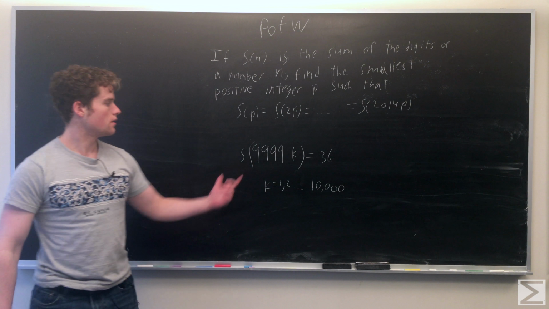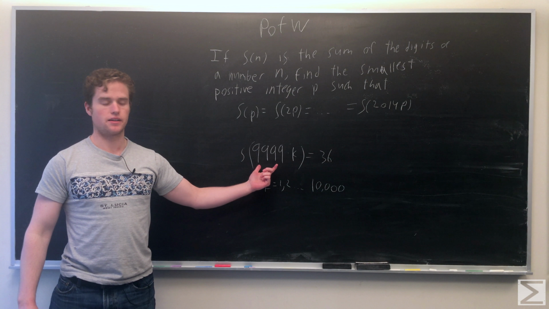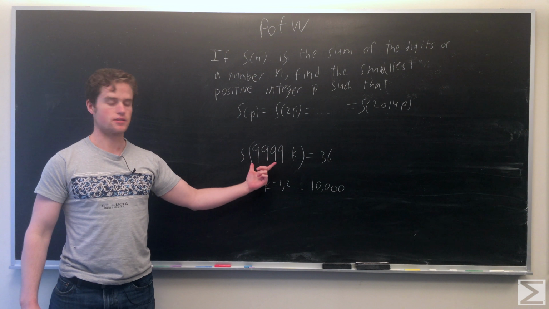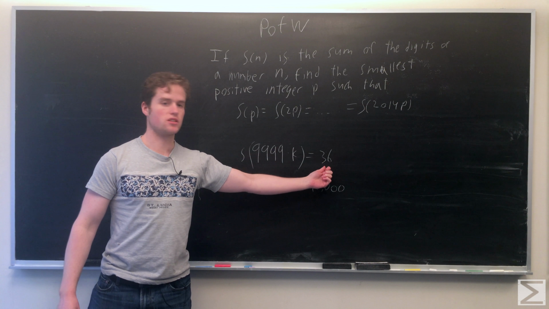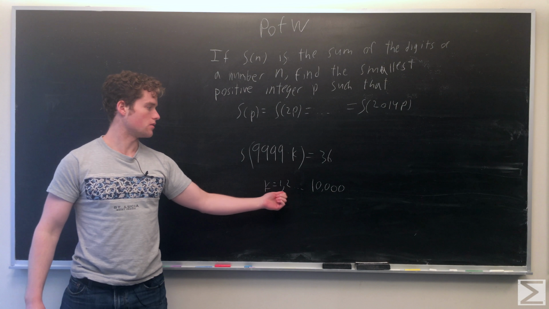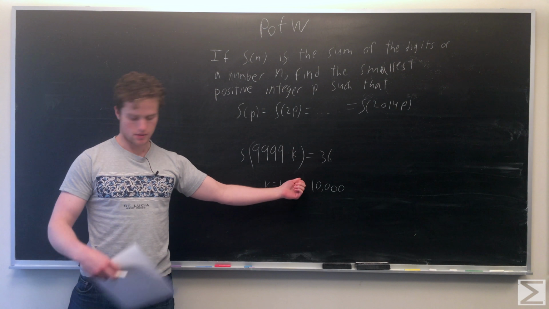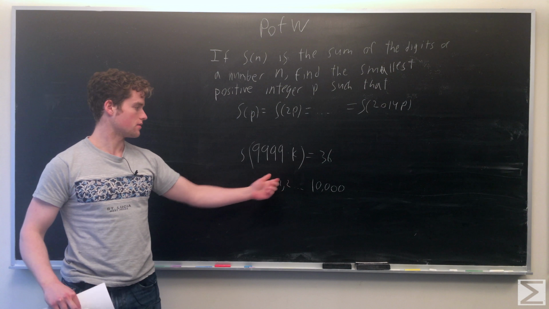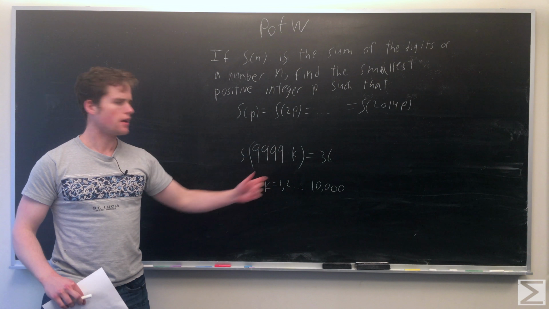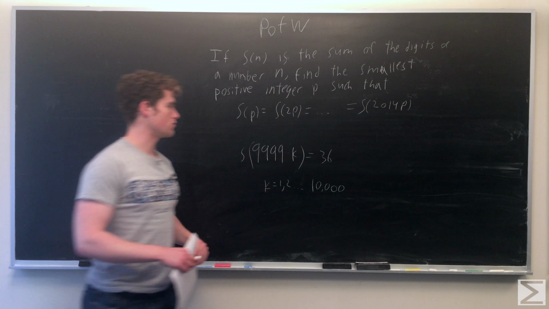We can note 9,999 times k, the sum of the digits of this is going to be 36 for k equals 1, 2, all the way to 10,000. And so you can see this if you